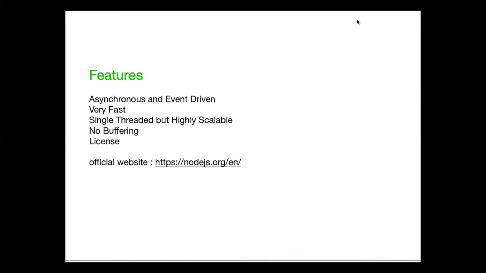As we all know, in multi-threading, we have threads that work for the requests. For each and every request, a new thread is allocated, right? Node.js uses a single-threaded program, and the same program can provide service to a much larger number of requests than a traditional server like the Apache HTTP server. We will come to know about this later on.